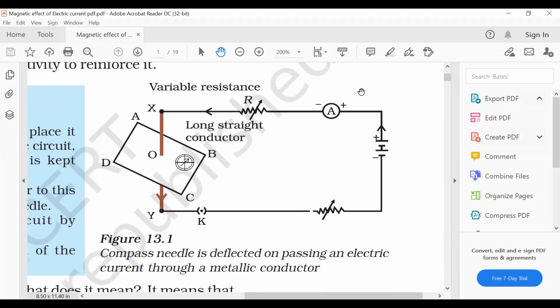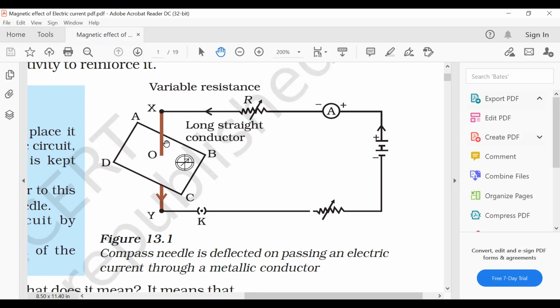Let me take a small circuit here, right? In this circuit we have many circuit components. Here we have a resistor, a rheostat. This symbol indicates the rheostat, a variable resistance, isn't it? And this is the circuit component for the ammeter. What is the use of an ammeter? Of course, we know that we can use it to measure the flow of current. And two or more cells combined we can call a battery.